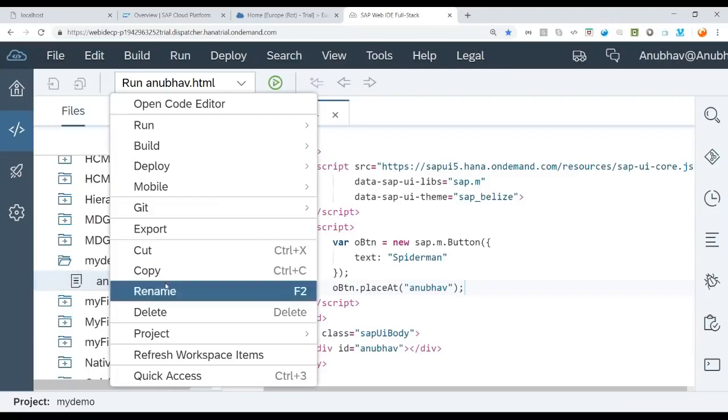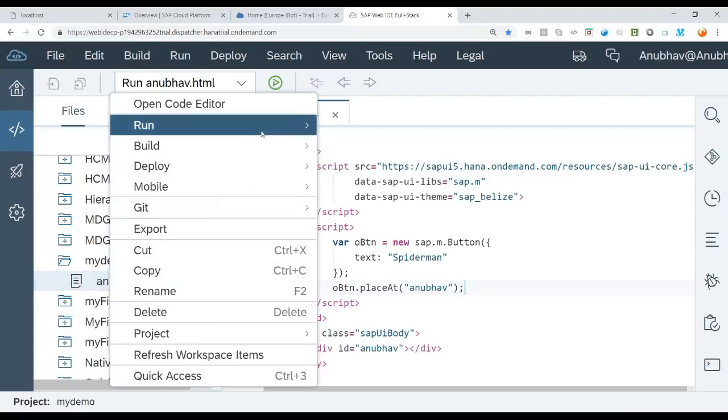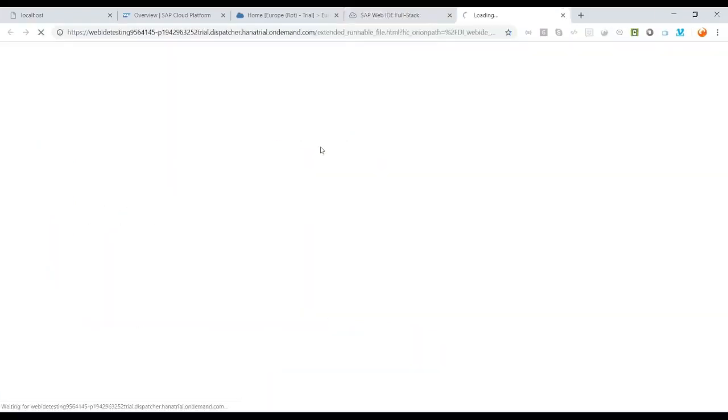Let me just right click and say run. Let's try to run that again. And there you go. You can see, guys, a button Spider-Man is now visible on the UI. Awesome. So now when I click on the button, nothing is happening because we have not supported any programming yet